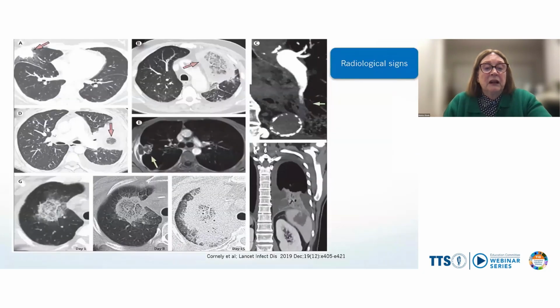Next slide, please. The other way, of course, that we rely on is looking at radiology, and there are some clues in radiology. This arrow here shows us the reverse halo sign. We can also see the cutoff sign on angiography, where the big vessel feeding this invasive infection is blocked by clot and infection, and we can see rapid progression. And on this last one, we can see invasion across tissue planes, and all of these are very characteristic of mucorales.